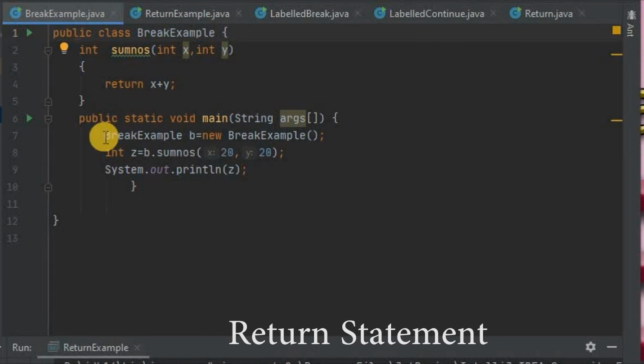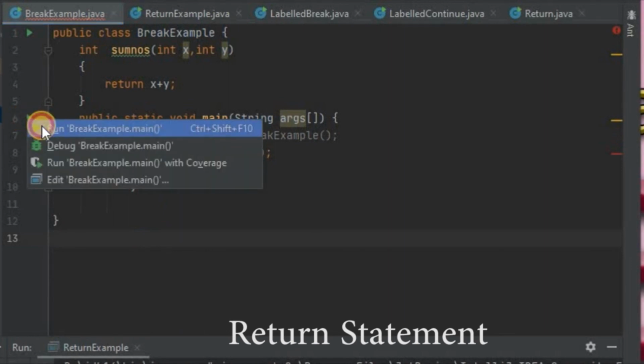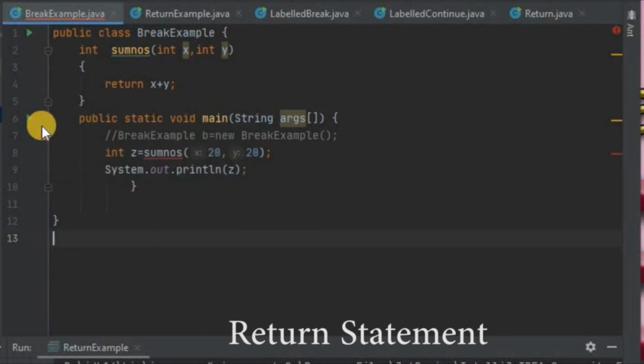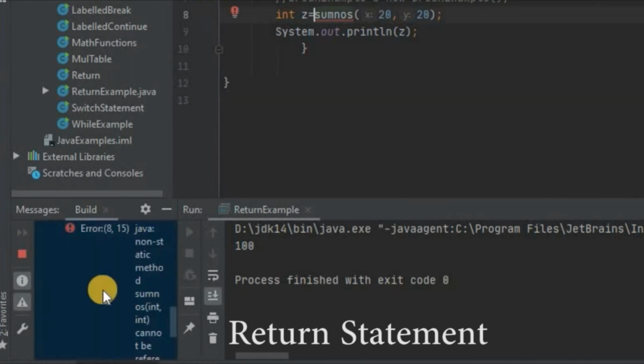Okay, whether directly calling is possible or not, that we will see. Just I'll comment this line and I will take just z is equal to sumNumbers and we will try to run. Okay, now it shows the error.